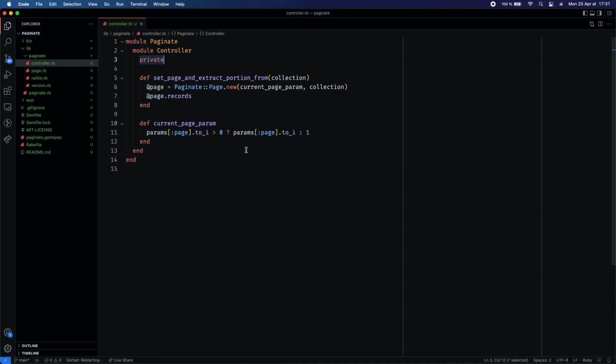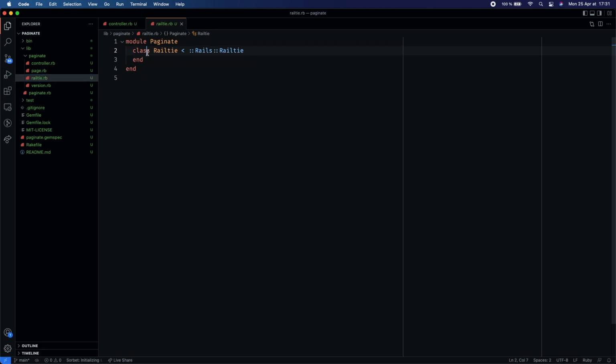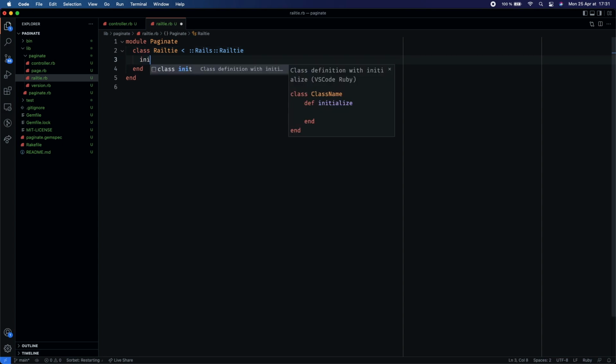But how are we going to do that? Well, we're going to use the Railtie. The Railtie is a special class in Rails that's at the heart of the Rails framework, and it exposes lots of hooks to be able to manipulate the Rails base class when the app is initialized. So we're going to write one of them,